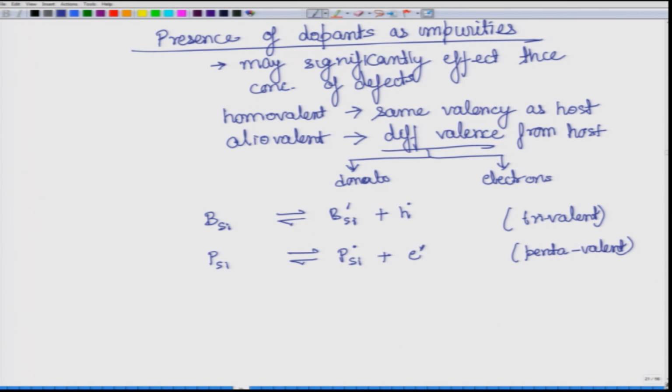But in terms of a reaction also, you can show the same thing: phosphorus sitting at silicon can be represented as one with effective positive charge, and therefore, to maintain charge neutrality, there will be an electron generated over here. So again you see that this defect reaction can be a very useful method to understand what is going on, what will be generated even in terms of holes and electrons, not only in terms of lattice type of defects.